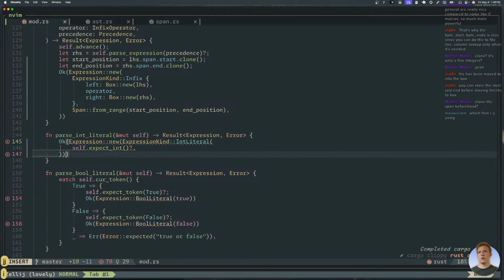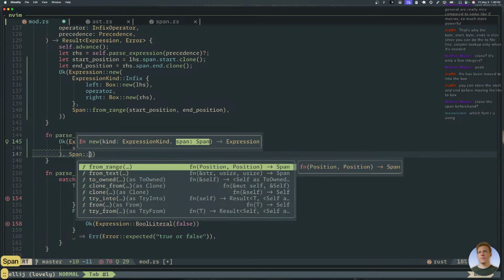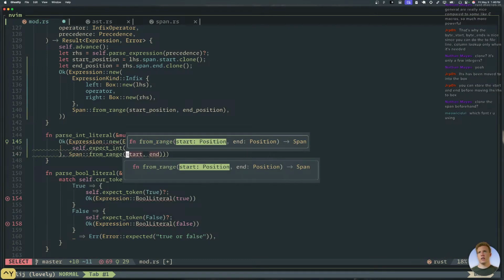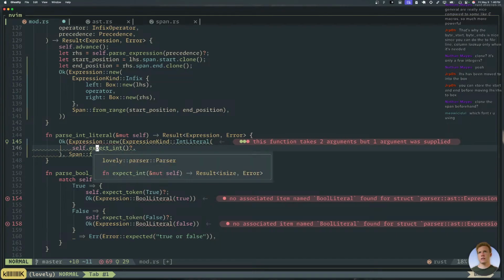And then this becomes span from range, or really... oh shucks. See, now I need to get this out of here.